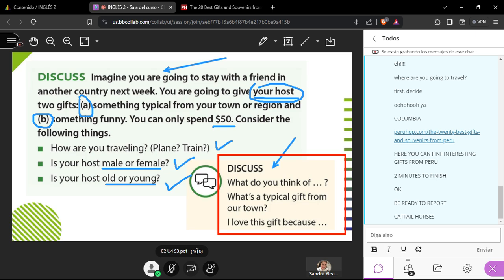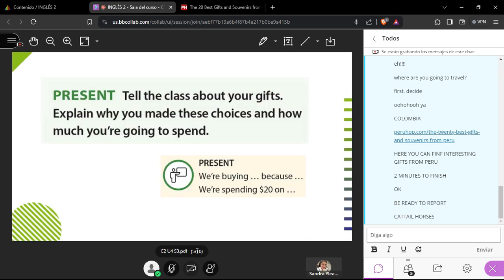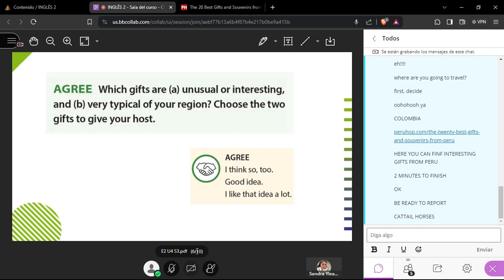Trujillo is a beautiful city. All right. I have visited Trujillo many times, but I haven't gone there for many years. I think the last time I visited Trujillo was more than 10 years ago. Beautiful. Huanchaco. Now, we are going to talk about unusual presents. Can you read, Sarah? Read, please.